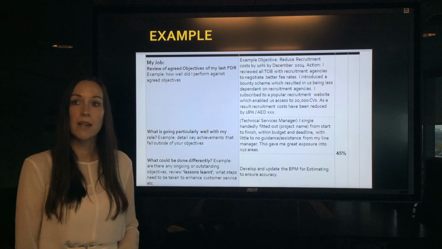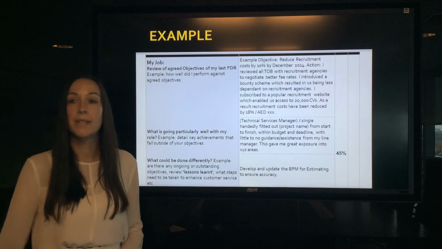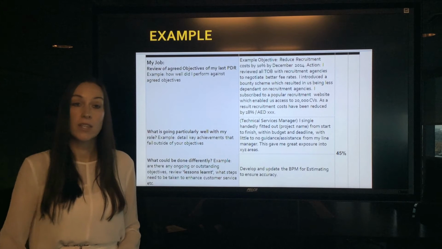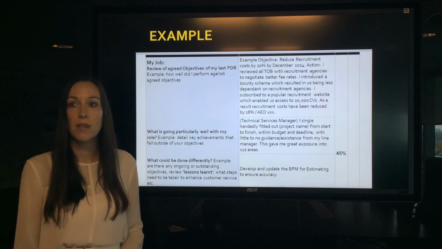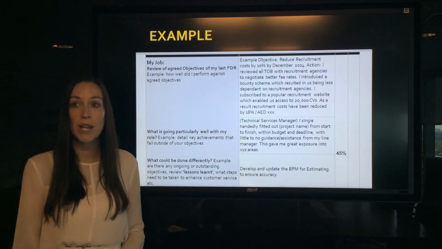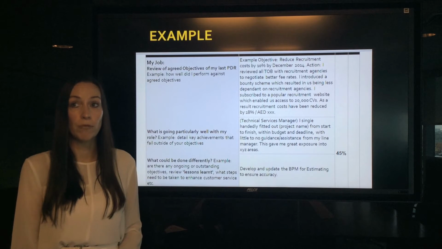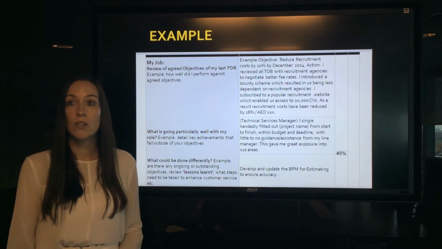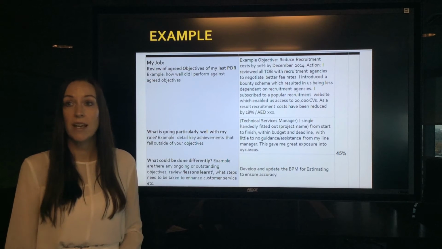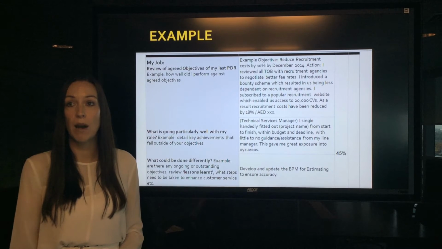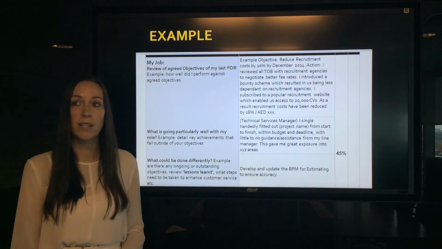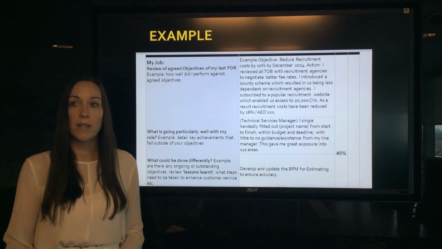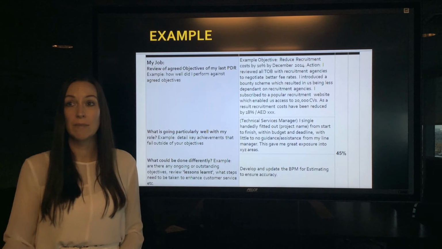So an example would be to reduce recruitment costs by 10% by December 2014. So the action would be that I reviewed the terms of business with recruitment agencies and I negotiated better fee rates. I introduced a bounty scheme which resulted in us being less dependent on recruitment agencies. I subscribed to a popular recruitment website which enabled us to have access to 20,000 CVs, and as a result the recruitment costs have been reduced by 18% or X number of thousand dirhams. And you can see there that that write-up provides the manager with detail on how that objective has been met